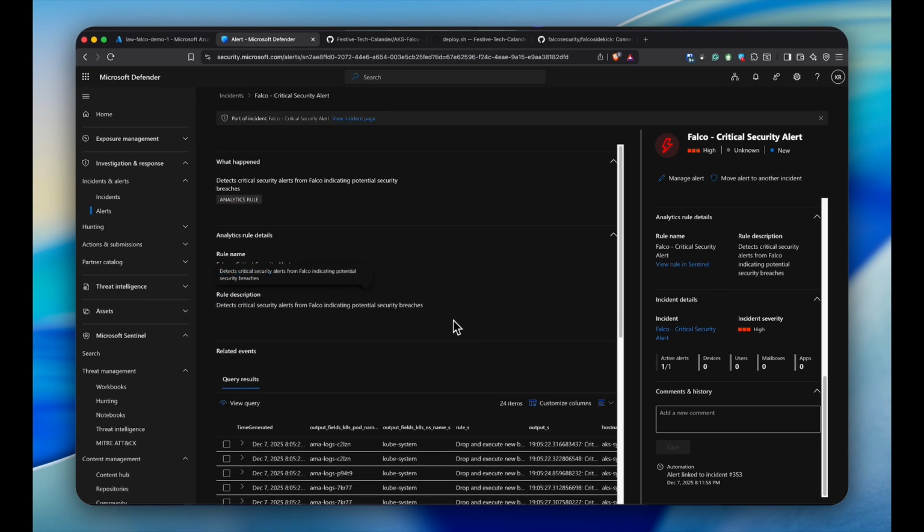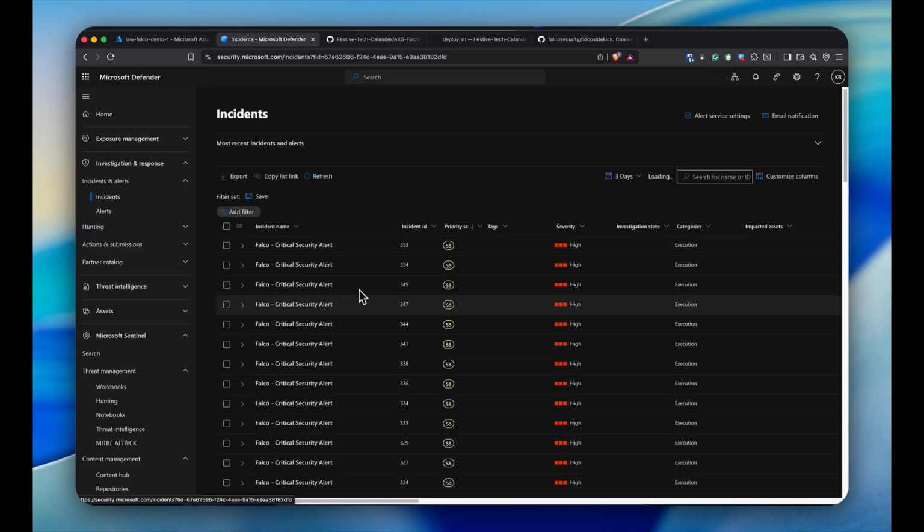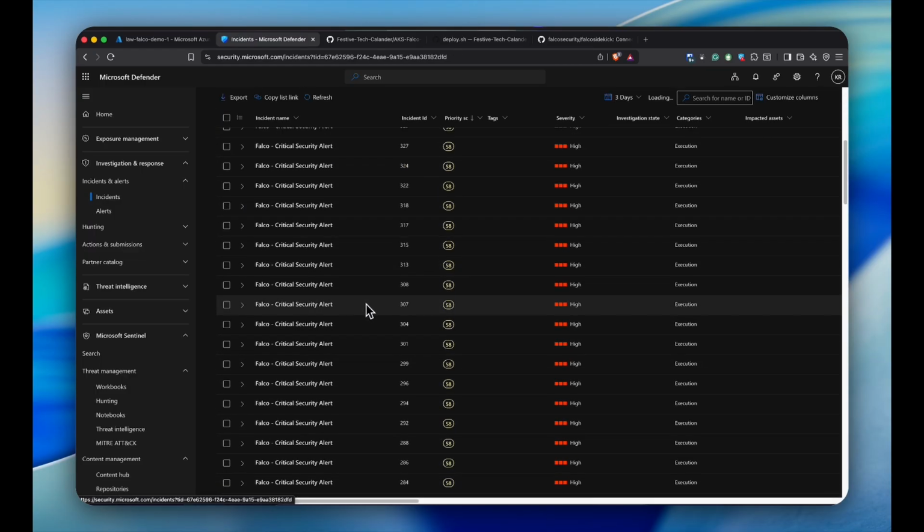So it's a good thing for you to identify these things. If something goes wrong and a runtime incident happens, like someone tries to spin up a bash shell in a container, you can identify those types of things